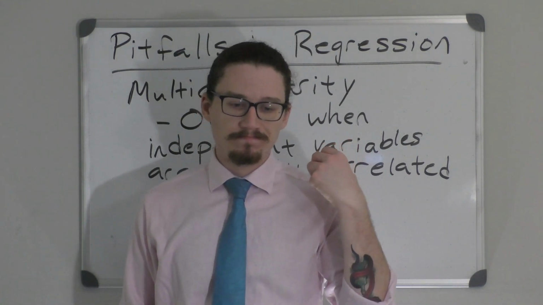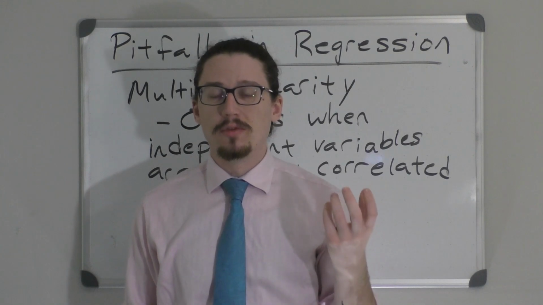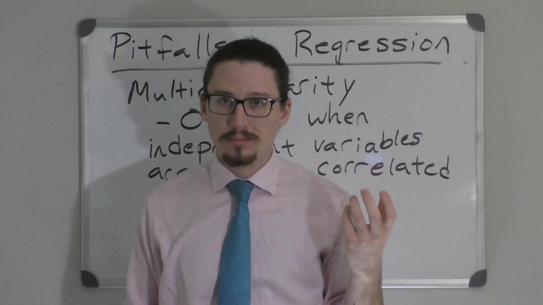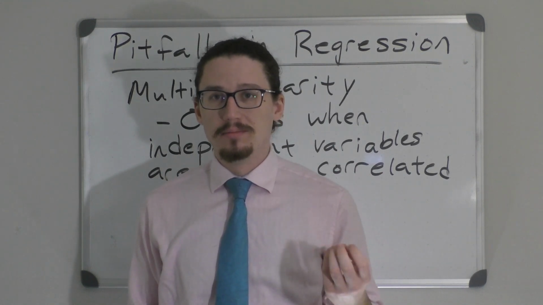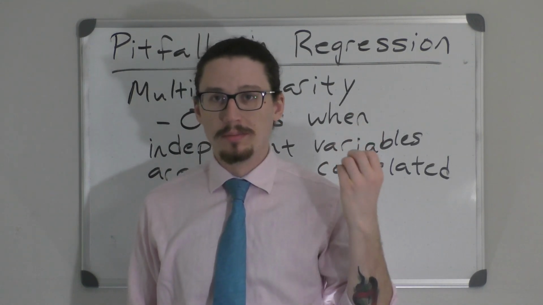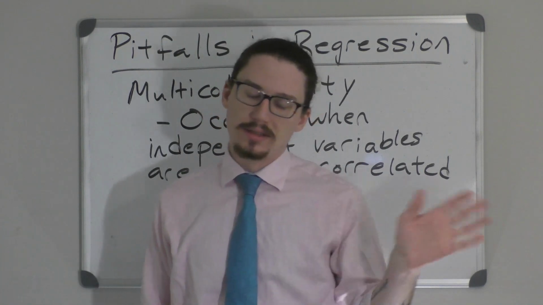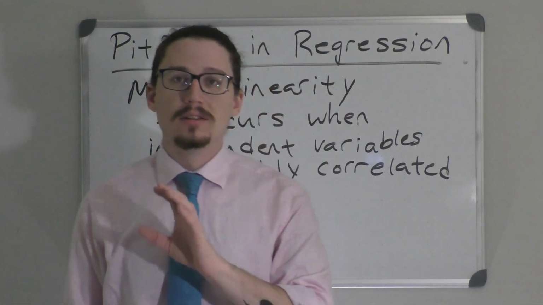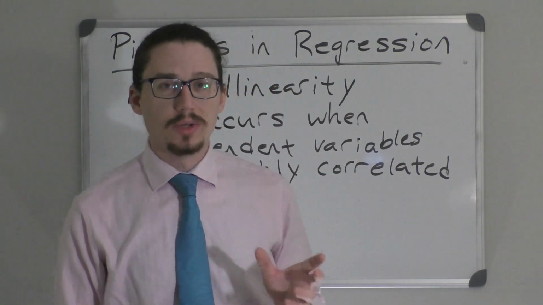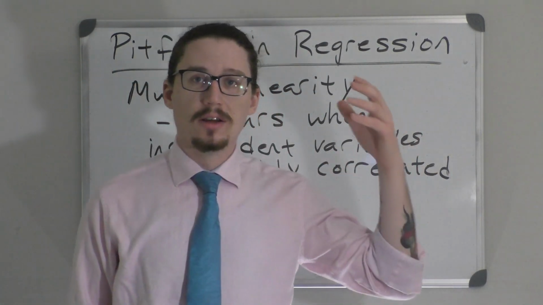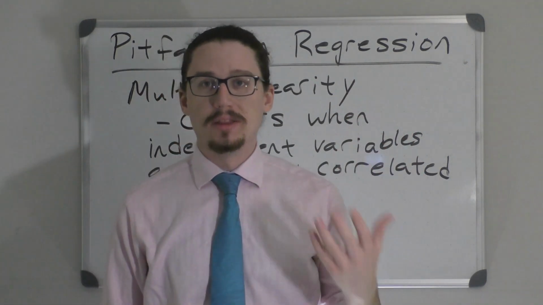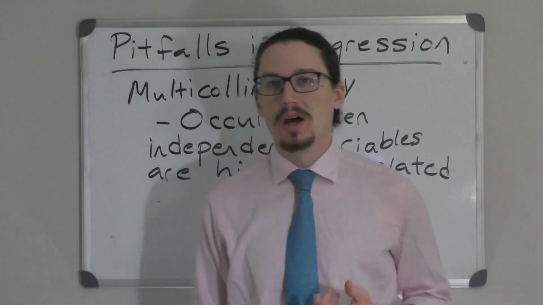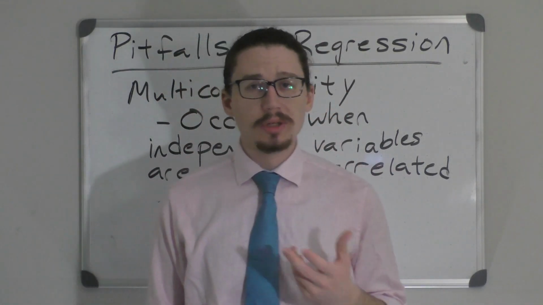We're not going to really get into why this is. That's kind of beyond the scope of this class. But essentially it takes the variance term for your B's, and it makes them either extremely large or it makes it where you're dividing by 0. Again, that's not necessarily important. The important thing is that if we have exact or perfect correlation between two variables, we literally mathematically cannot